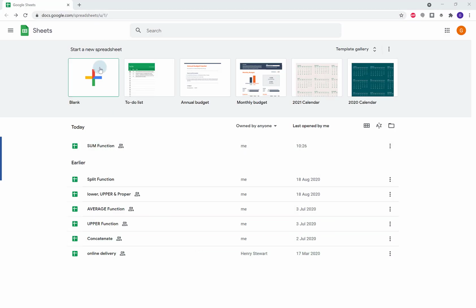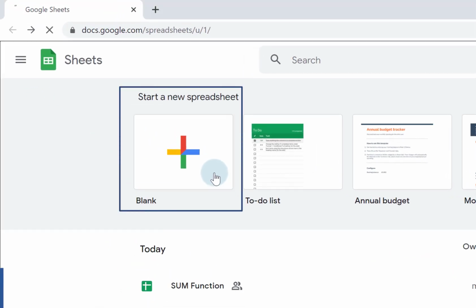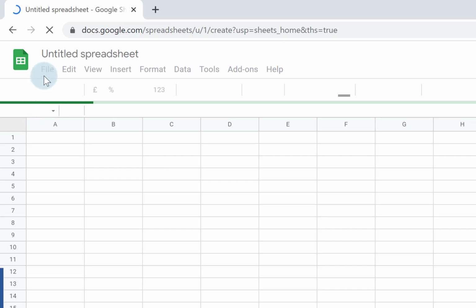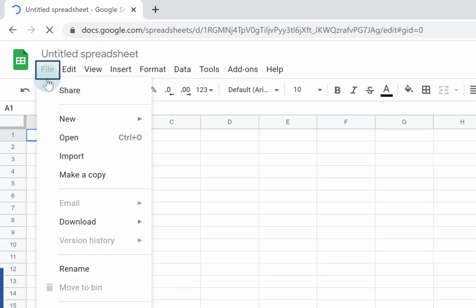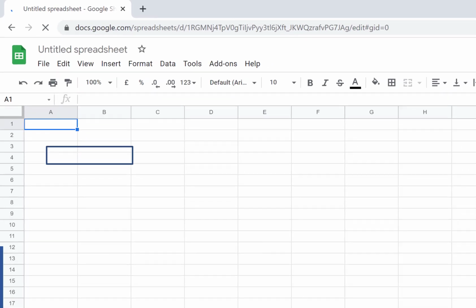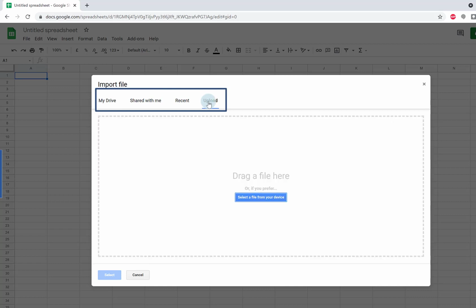To import an Excel spreadsheet into Google Sheets, all you do is open up Google Sheets, click on blank, go to File and down to Import. Now I want to upload an Excel spreadsheet that I've already created, so I click on the Upload tab here